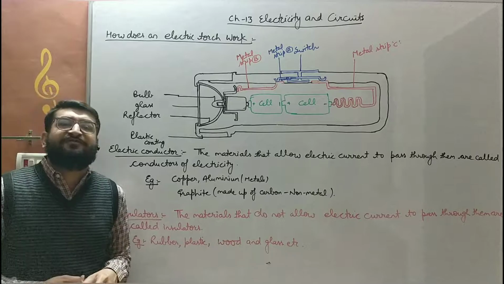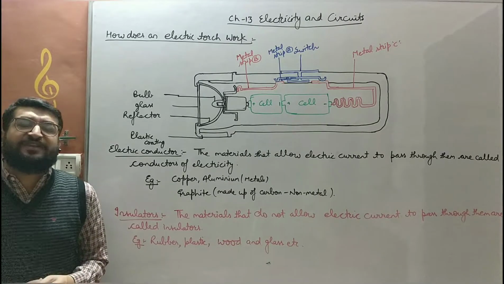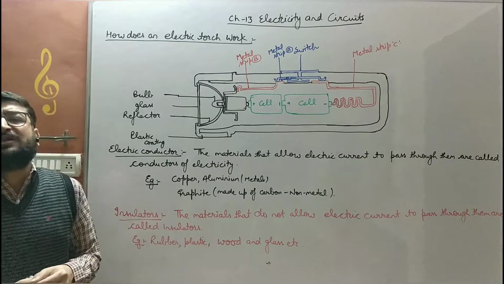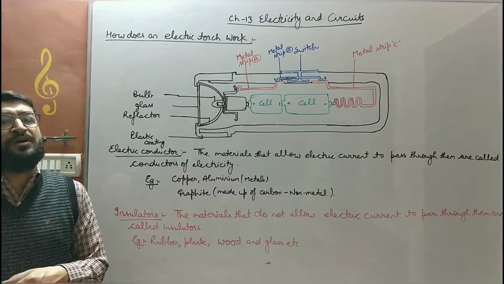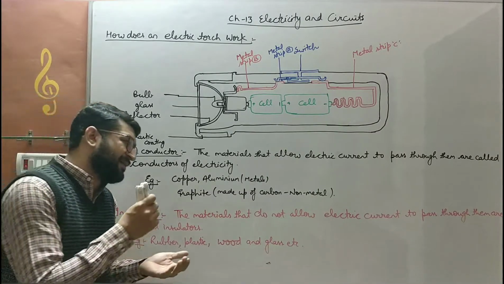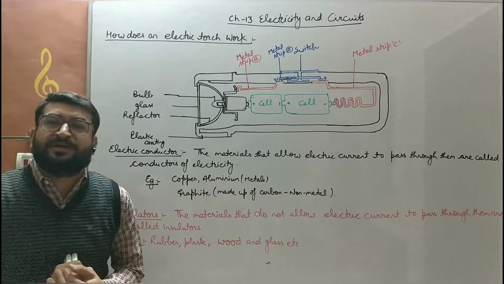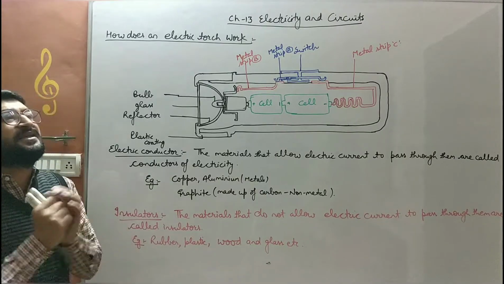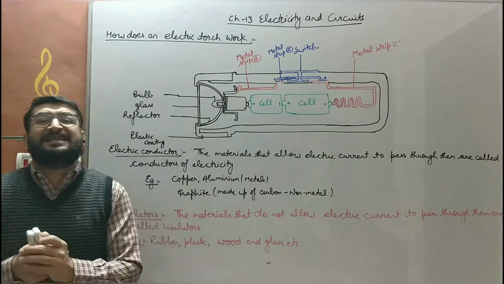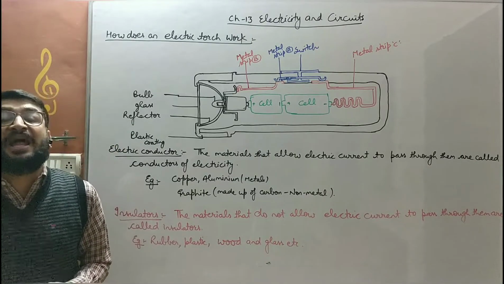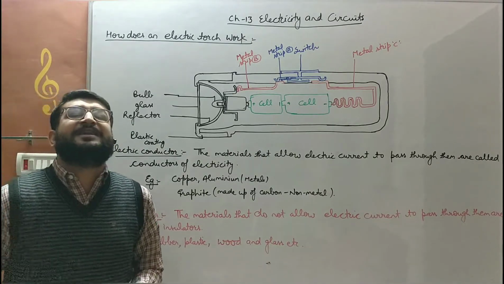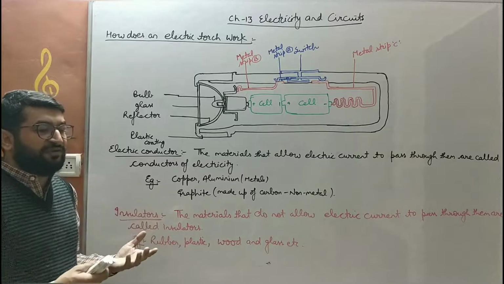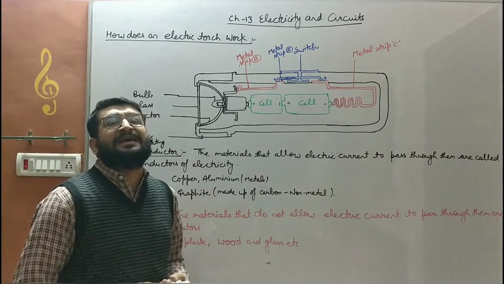Next, we'll discuss the differentiation of materials on the basis of passage of electricity through them or not. We classify the materials on the basis of passage of electric current through them or not into two forms. One is electric conductors, and another ones are electric insulators, or simply insulators. First, we'll discuss what are electric conductors. The materials through which electric current can pass very easily, or you can say the materials which allow the electricity to pass through them very easily, are known as conductors. The materials which allow the electric current to pass through them very easily are known as electric conductors.